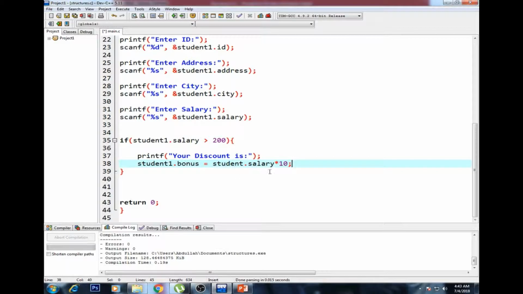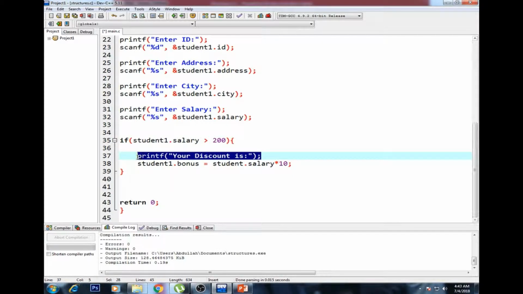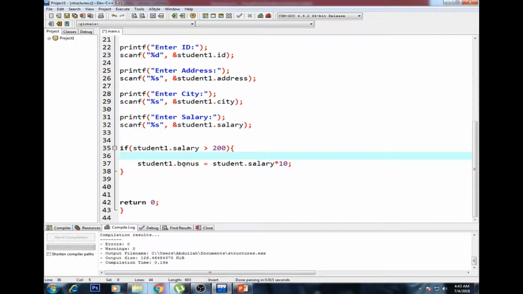So if the salary is greater than 200, you will get the discount. I think it's not a good way to write it here. So you will get the 10% if your salary is greater than 200, else